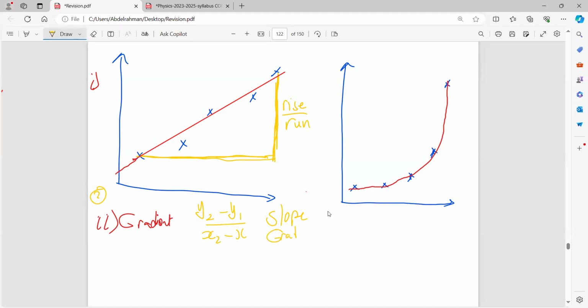This is y2, for example. This is y2 and this is y1. Okay, this is x2 and this is x1. You'll find the values from the table usually. You could usually take the values from the table,